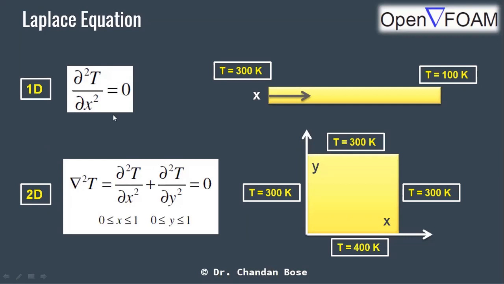So this is our governing equation, and we will write this solver, and I will show you how this solver solves this equation over a rod. So how it solves the heat conduction within a rod, depending on the difference in the temperature at the inlet and the outlet. Is it clear? Yes, sir, it is. Okay. So let us go back to the code.